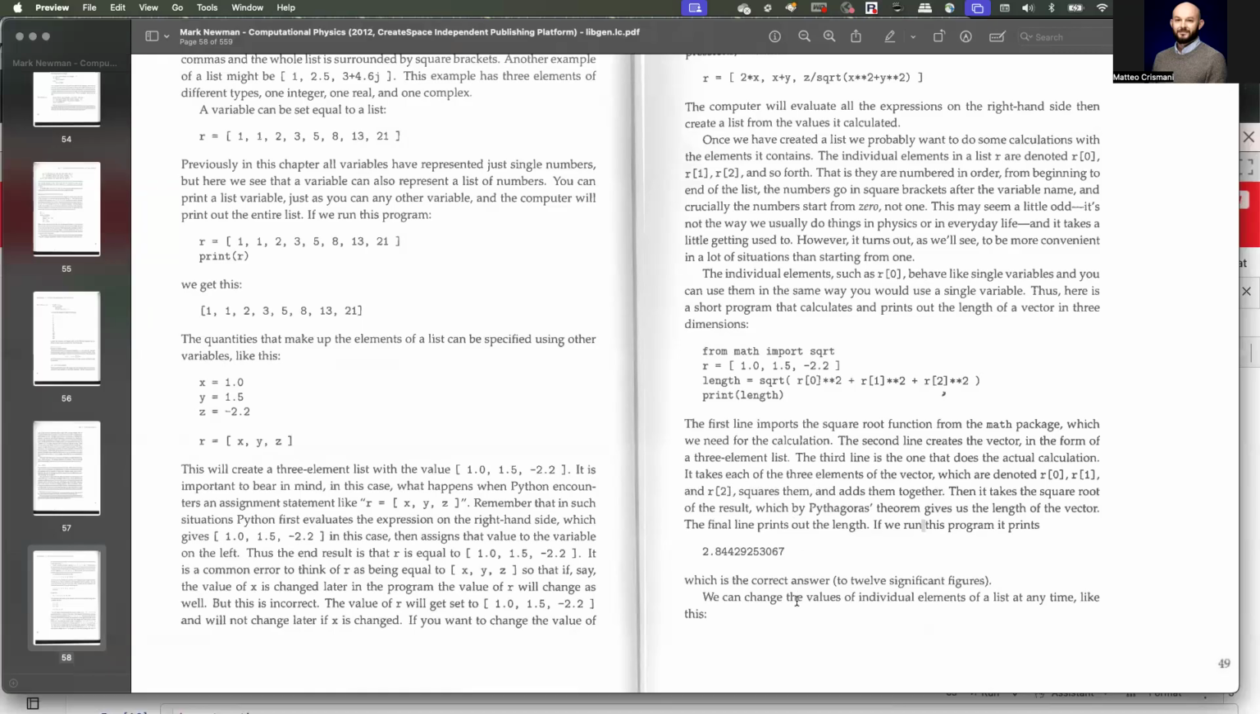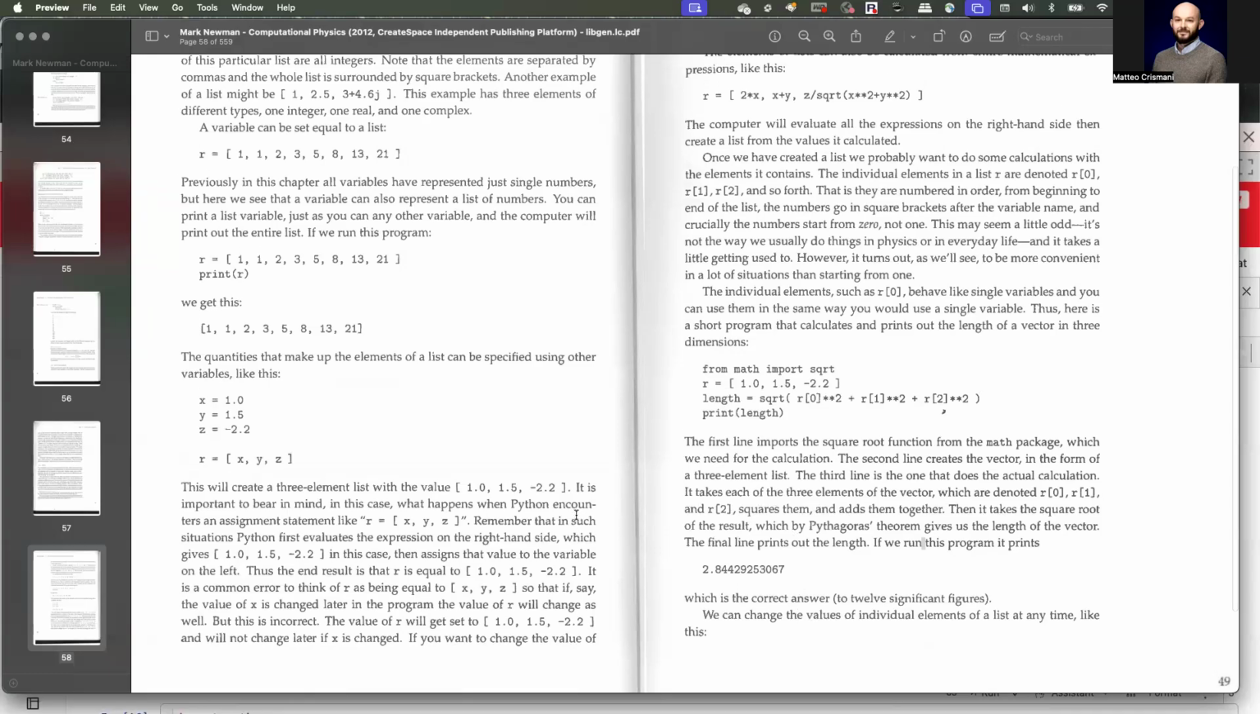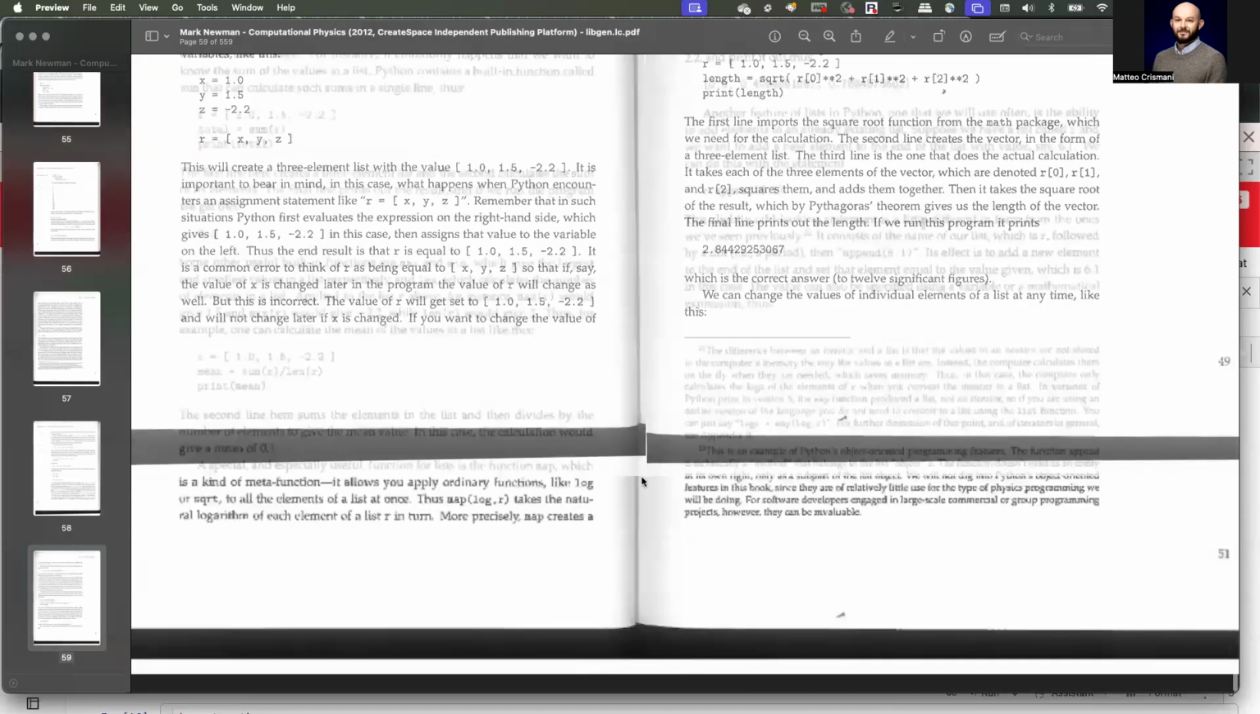So the next thing that it talks about is that we could change the values of individual elements in the list. So instead of doing what I did earlier, which is resetting x equal to a new value, what you can do is you can call the element by